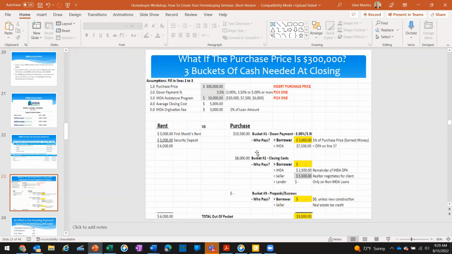Bucket number 2, closing costs. We said it's typically $5,000 in ordinary and necessary closing costs, and another 1% fee of $3,000. Okay, so that's $8,000. We have this here in bucket number 2. Our closing costs are $8,000. As we get into the loan application, the detail will be given to them in a loan estimate. But this is a great talking point. We don't need to go into all the minutia at this point. We're educating them at this point. So you've got $8,000 in closing costs.